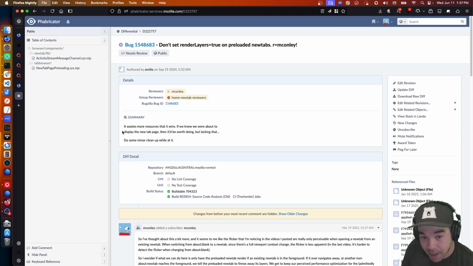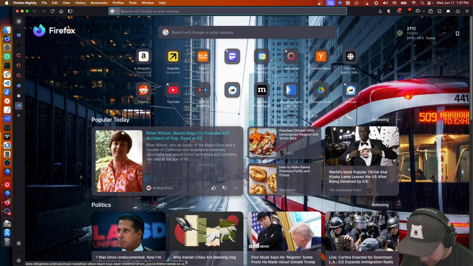So I'll explain by opening up a new tab, and then I'm going to explain by opening up another new tab. And I want you to watch carefully. Now, this is going to be difficult, I think, to communicate because of the screen resolution and because of the compression, frame rate and whatnot. But I'll note that when I open a new tab and a new tab is visible, it's seamless. It is seamless. I am not aware of any other browser for which it is seamless. We have designed it to be seamless, where opening a new tab feels light and instantaneous. And this was a thing we worked pretty hard on.